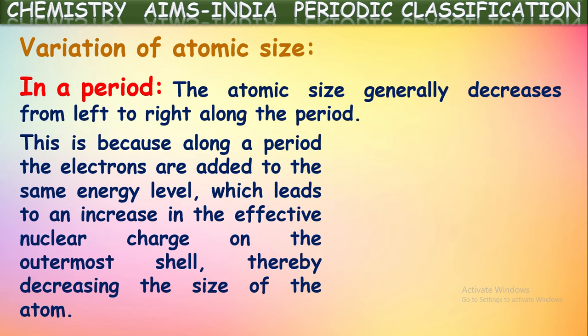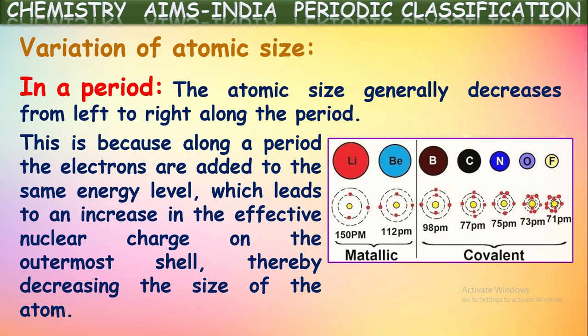This is because along a period, electrons are added to the same energy level, which leads to an increase in the effective nuclear charge on the outermost electronic cloud, thereby decreasing the size of the atom. Did you understand the reason? Suppose you see second period elements: lithium, beryllium, boron, carbon, nitrogen, oxygen, fluorine. Atomic number increases from lithium to fluorine. It is the third element, the fourth, up to the ninth element, isn't it? So gradually atomic number increases, but atomic size decreases in a period, because